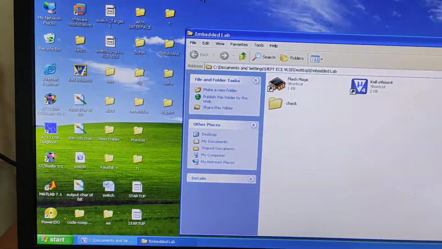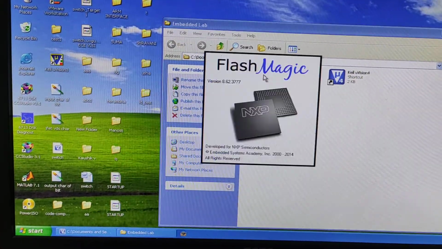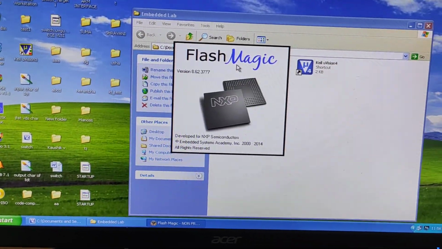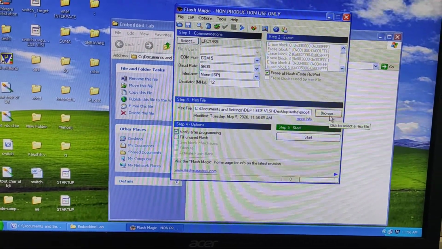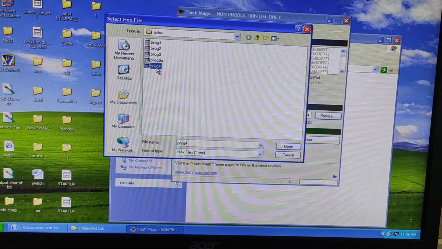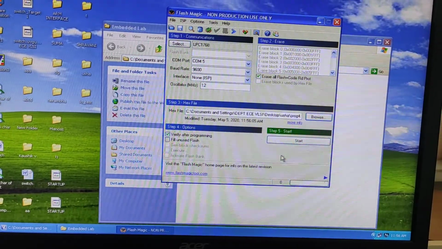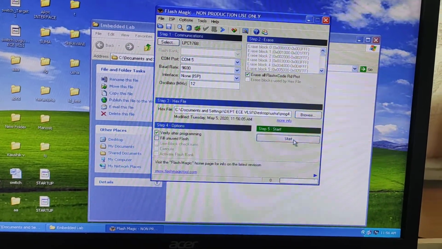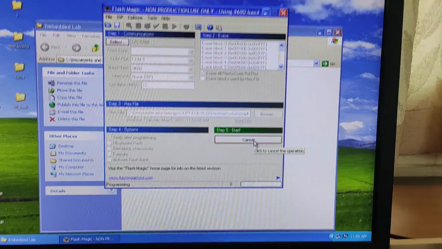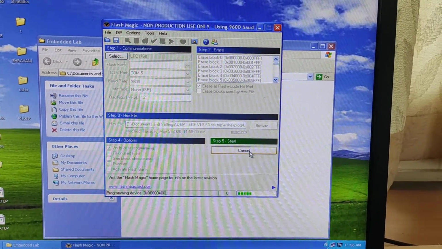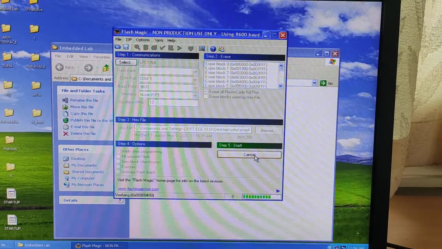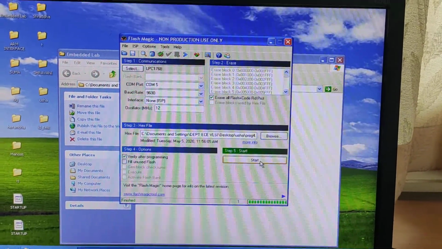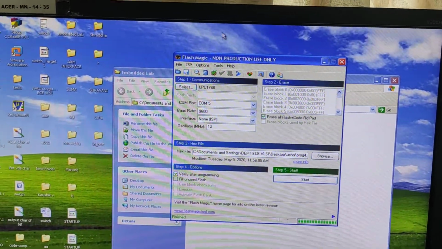So next I'll be selecting the FlashMagick tool. In the FlashMagick tool I have the default program 4. I have assigned it to program 4, so I'll be selecting program 4 and I'll start to download the program. So the program is being downloaded. So in this particular program there is nothing to operate on the kit. It is on the FlashMagick window itself. Okay, it is done now.